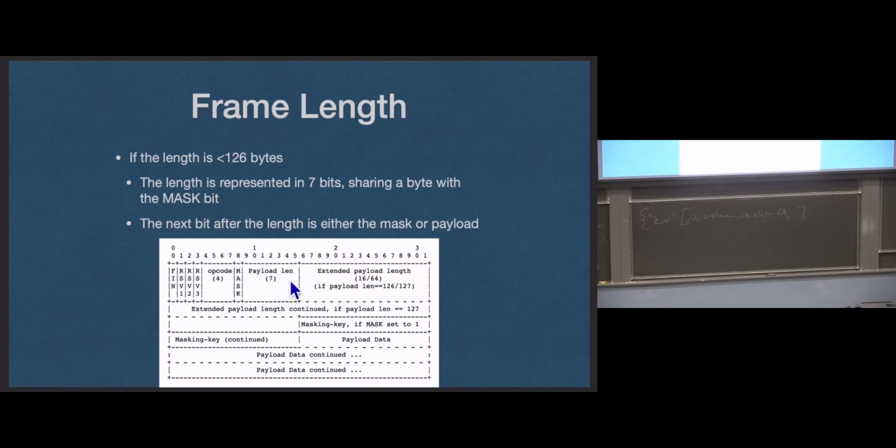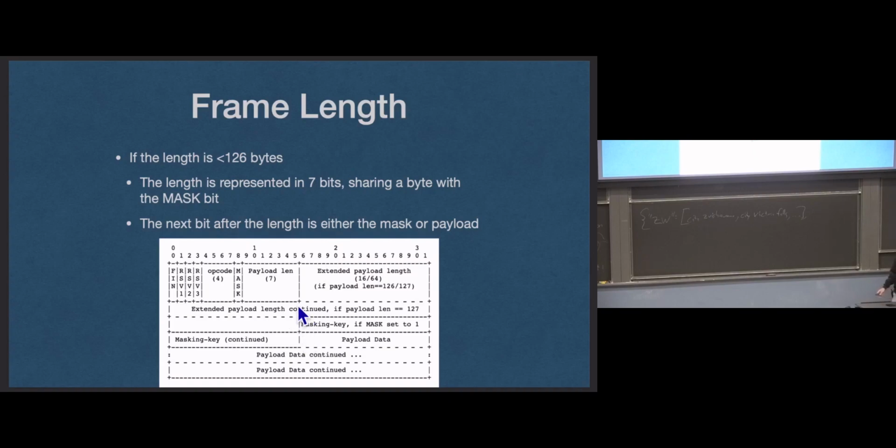Mask this with 127 and get the value. It's 1 more than, that's why this is 126. Anyway, and then get the payload length. That's the payload length if this value is less than 126, which means the next byte is going to be the masking key. All this extra stuff right here that the protocol says, none of that's there. And the next byte right here is going to be the masking key for 4 bytes, and then the payload